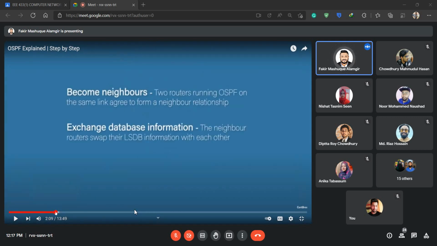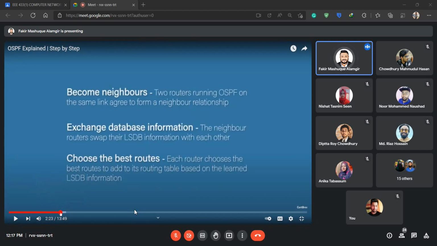আচ্ছা, এটা হচ্ছে তাদের টার্গেটগুলো, তারা কি কি প্রিন্সিপালস ইউজ করে। ফার্স্ট অফ অল দুইটা রাউটার কাদের সাথে নেইবার হবে, যদি তাদের রাউটারগুলো প্রত্যেকে ওএসপিএফ প্রোটোকল ফলো করে, সেই ক্ষেত্রে তখন গিয়ে তারা নেইবার হবে। তারপর তারা ডেটাবেস ইনফরমেশন আদান প্রদান করবে, মানে আমরা কার কার সাথে কানেক্টেড, তোমরা কার কার সাথে কানেক্টেড। বাট এটার প্রথম শর্ত কিন্তু ফর বিকামিং নেইবারস, তোমাকে খেয়াল রাখতে হবে ওএসপিএফ চালু আছে নাকি।